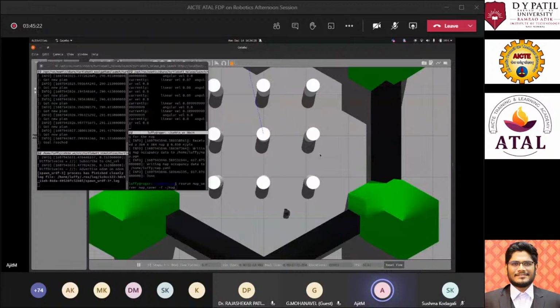So using the navigation stack, it will localize in that map. It will go to that specific point using path planning algorithms.